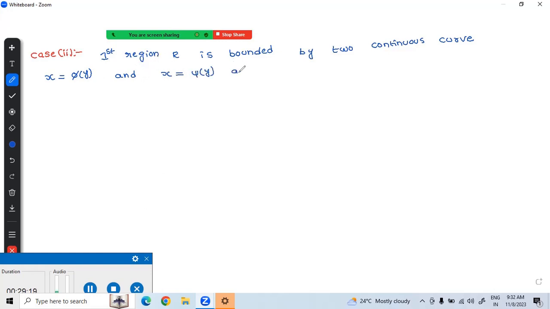And the two lines, abscissa. Abscissa means parallel to the x axis: y equal to a and y equal to b. So y equal to a is parallel to the x axis, and y equal to b is also a line of constant y. In such a case,